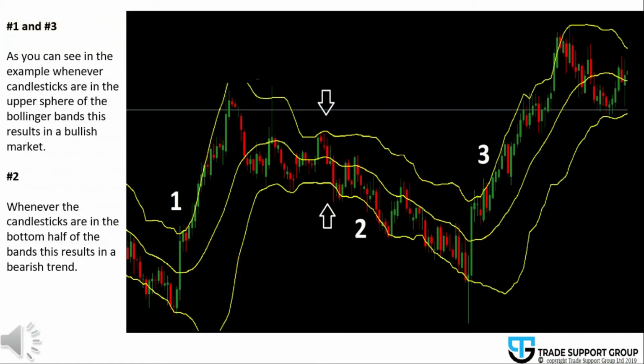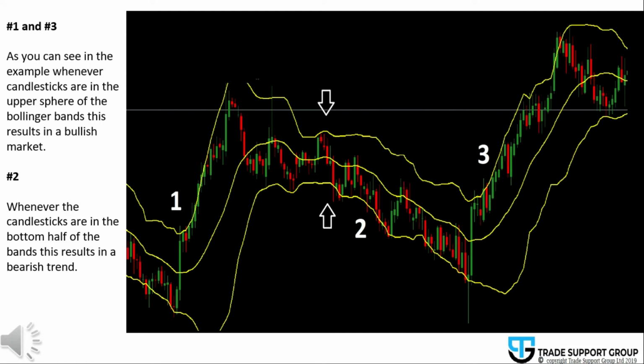When taking a closer look at the image, we can see that we start off in a big bullish rally. In order to understand why this happened with the Bollinger Bands, let's take a look at point number 1. At point number 1, you can see that the candles are in the lower half of the Bollinger Band section. Once we have a rally that moves past the moving average and starts trending up to the top band, we see a widening of the bands and we notice that the candlesticks stay in the upper half on this particular